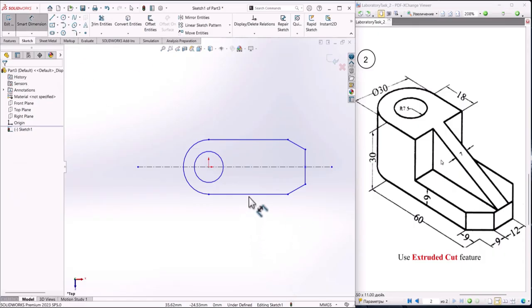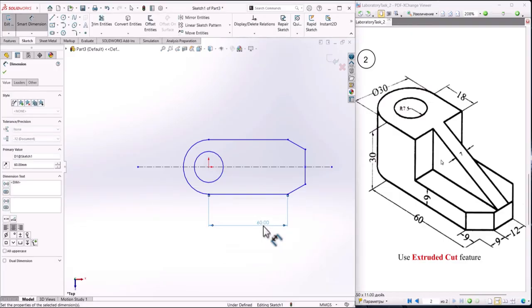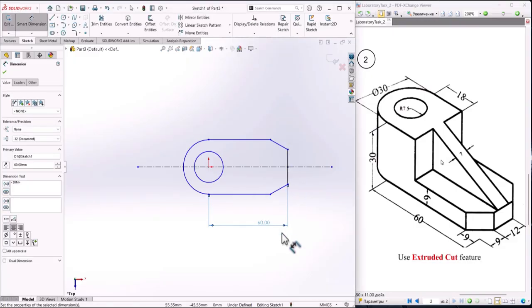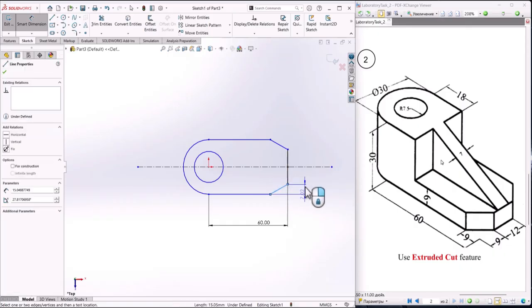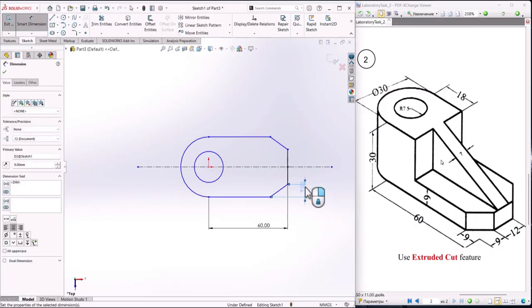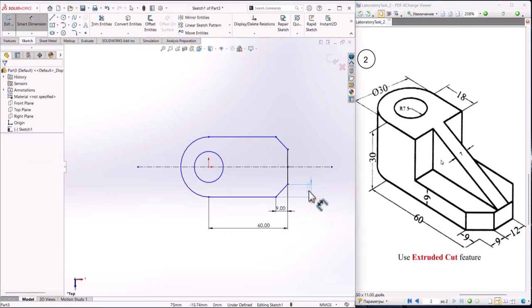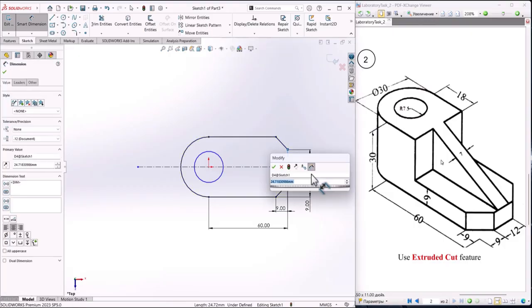So this one is 60 from the beginning. So change the leg to here. That's a 60, and that vertical one is 9, horizontal also 9, and this one is 12,